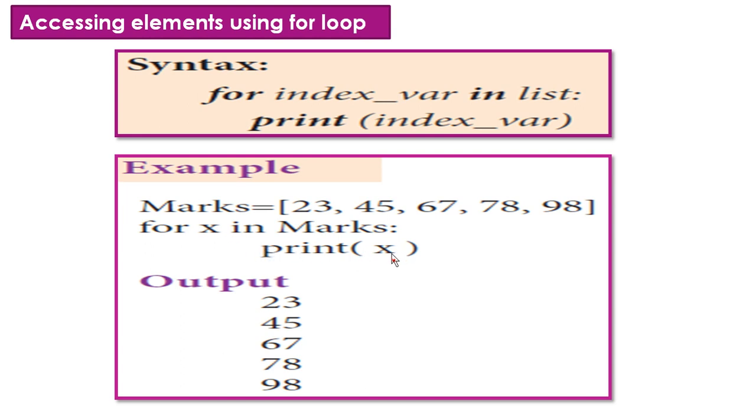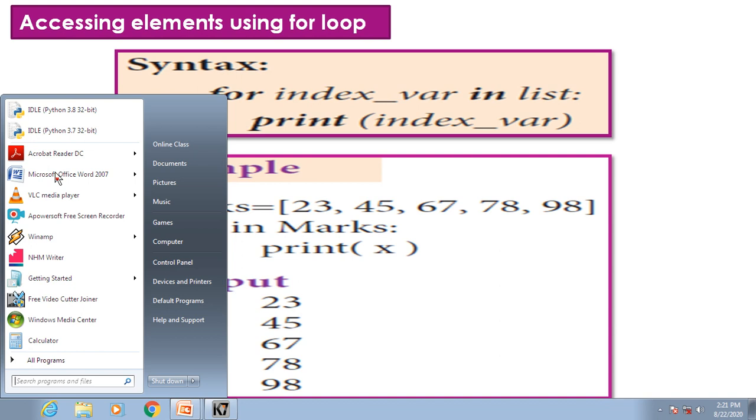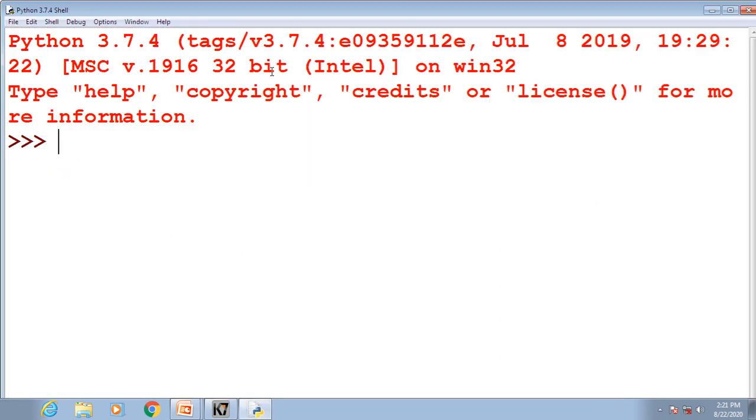Print x means the first value. The first time, for x in marks, the first value 23 is printed, and the second time x becomes 45, so 45 is printed, and the third time x value is 67, and so on.